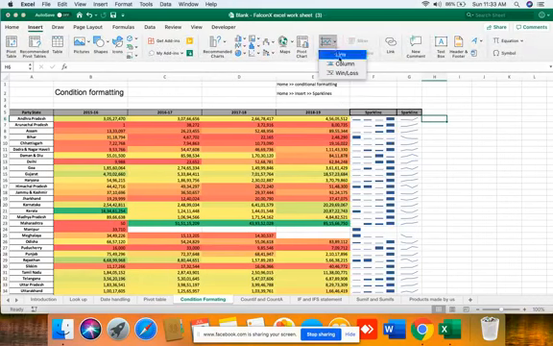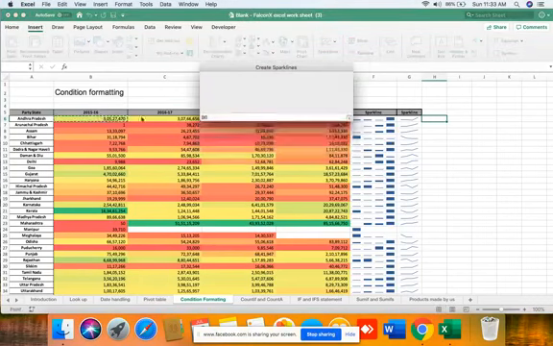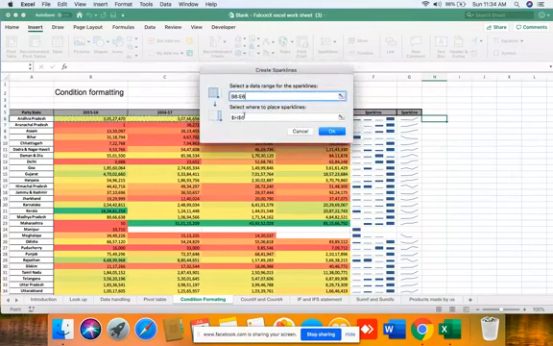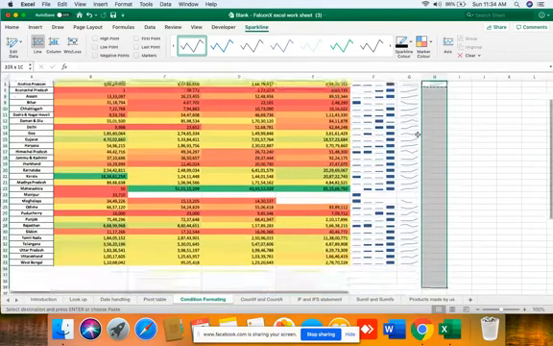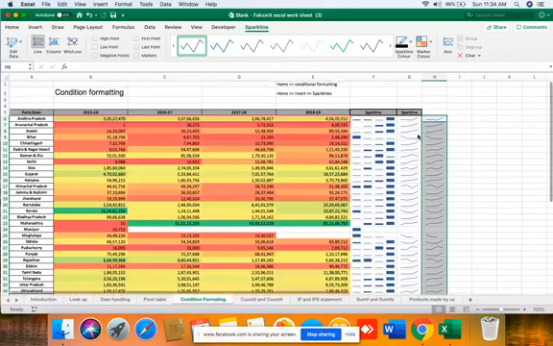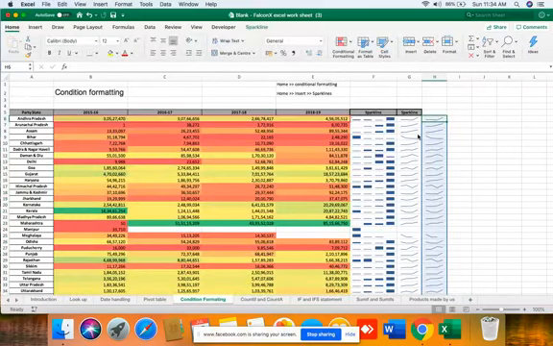Sparkline here, line, this is data, and this is the place you want. Similarly, you can find it for columns. This was for line, and column you can find it.